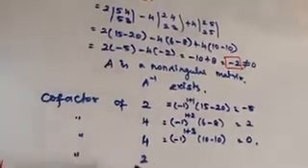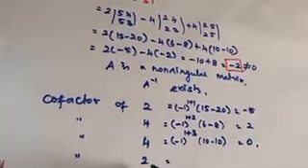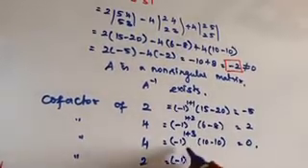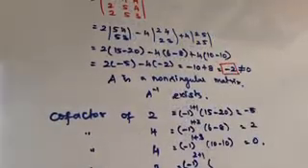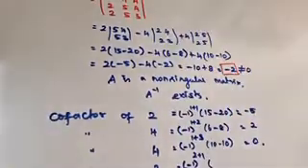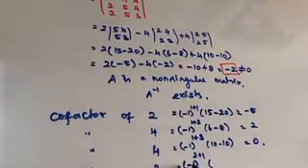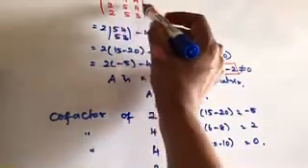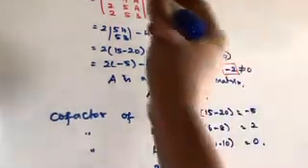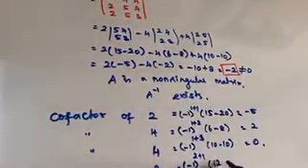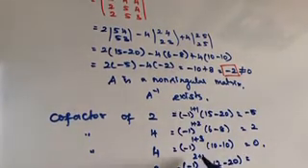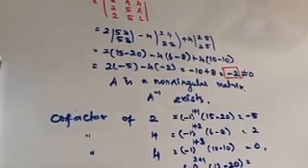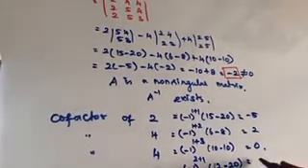Okay. Similarly, cofactor of 2. It is in the second row, first column. So minus 1 power 2 plus 1. If I remove that row and column, 4, 4, 5, 3 are the leftover terms. So 4 3s are 12 minus 4 5s are 20. Minus 1 power 3 is negative. 12 minus 20, it is minus 8. So it is plus 8.